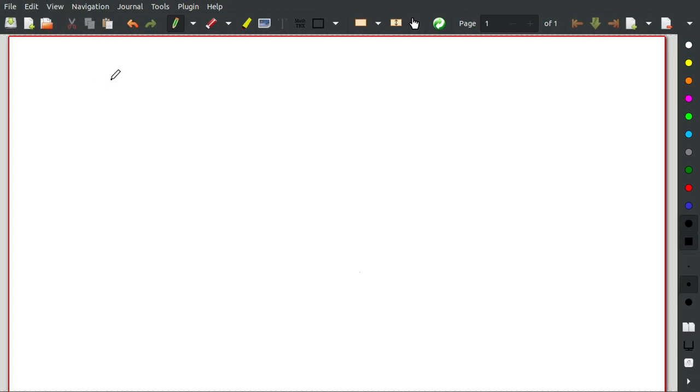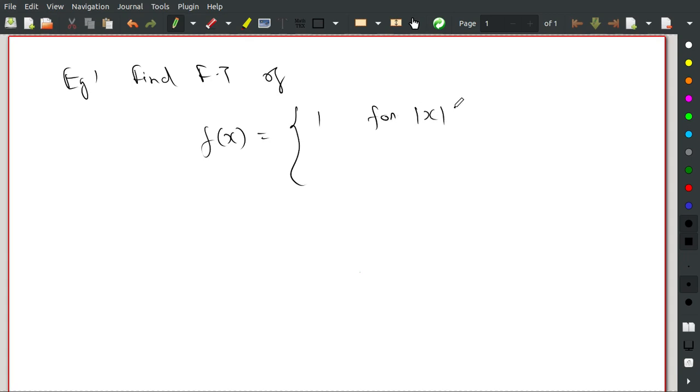As a continuation, let me work out some of the example problems. In Fourier transform, example 1: find the Fourier transform of the function f of x, which is equal to 1 for mod x less than a and 0 for mod x greater than a. Okay, so we know that